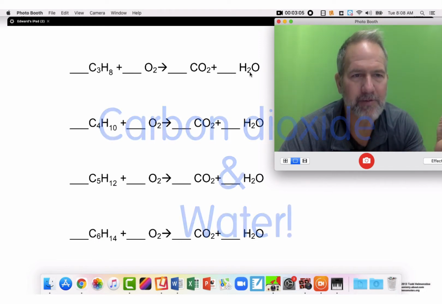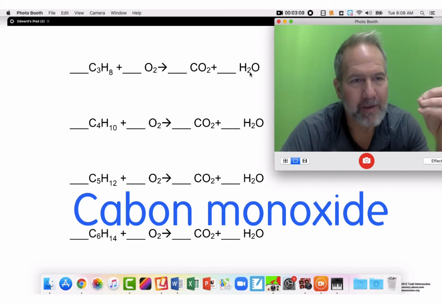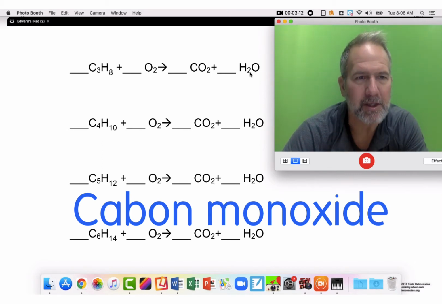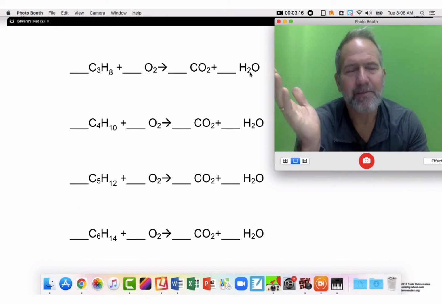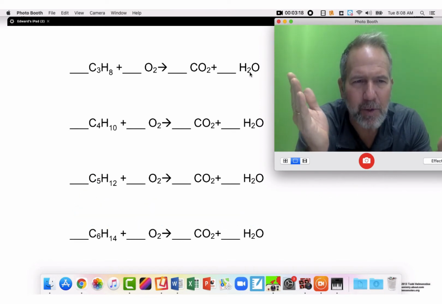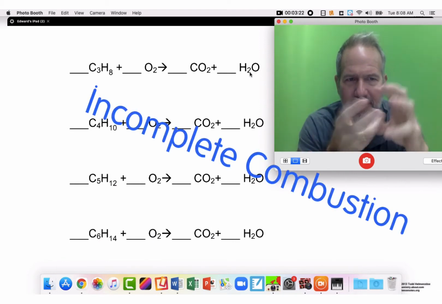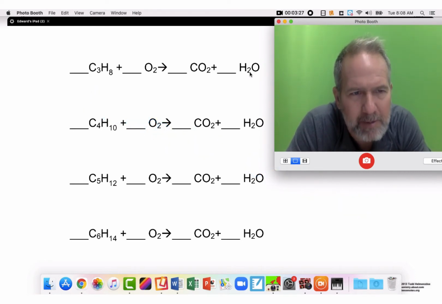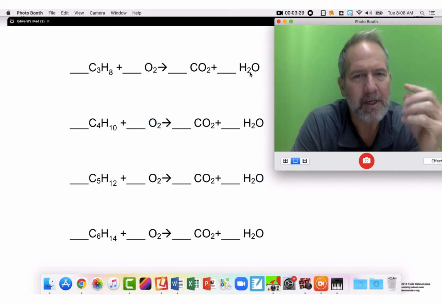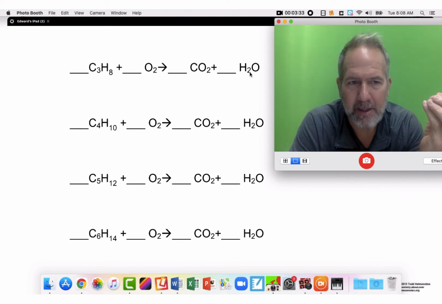Now, a lot of you guys have heard of carbon monoxide, which would be just CO. That comes from incomplete combustion. If there's not enough oxygen around and it burns, which in almost every burning situation is going to happen, right? It's trying to react as fast as it can. You have to supply the oxygen to it as quickly as possible. If there's incomplete combustion, it makes this carbon monoxide. And carbon monoxide is a poisonous gas that